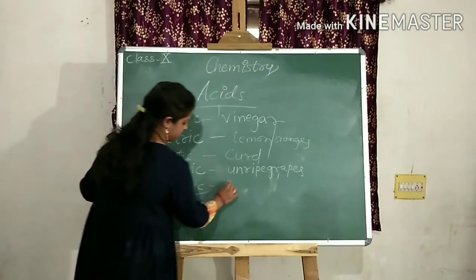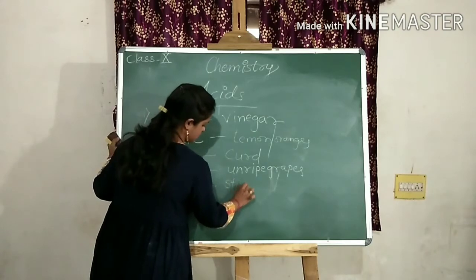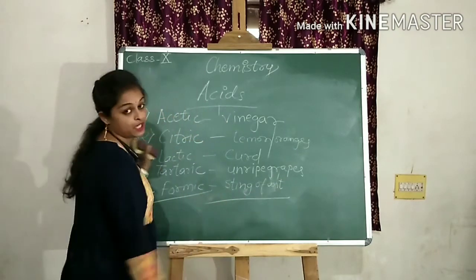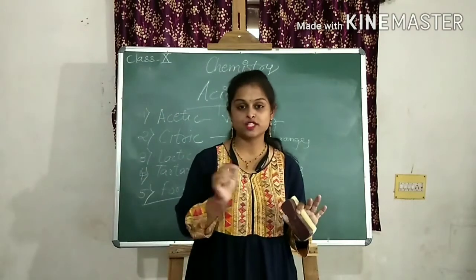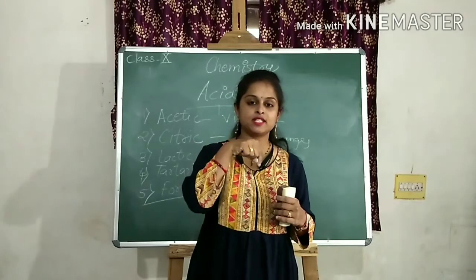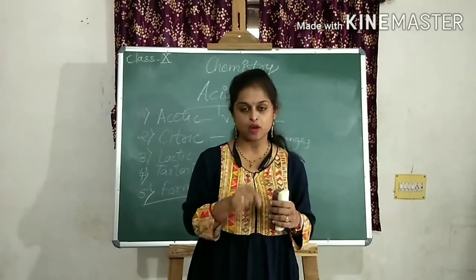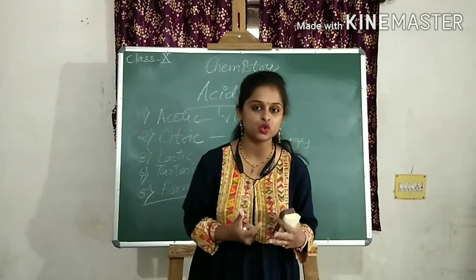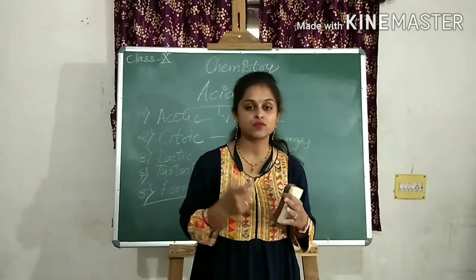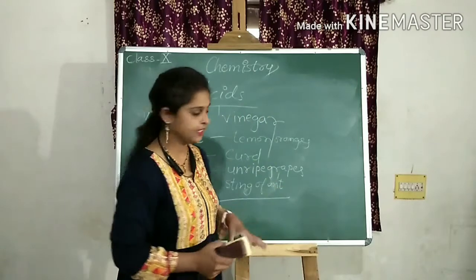And formic acid is present in the sting of an ant. जब हमें चींटी काटती है और उसी समय जब हमें बहुत तेज जलन होती है, तो क्या होता है, वो अपनी स्टिंग से फॉर्मिक एसिड सीक्रेट करती है जो हमारे बॉडी पे गिरता है, जिसकी वजह से हमें जलन होती है और वहां पे क्या हो जाता है, एक रेडिश कलर सा पार्ट तैयार हो जाता है. दैट्स व्हाई वी फीलिंग itching at that place.